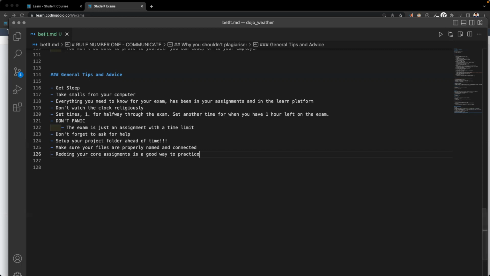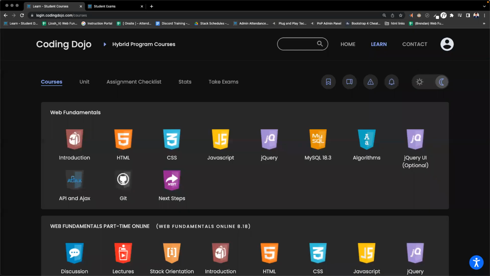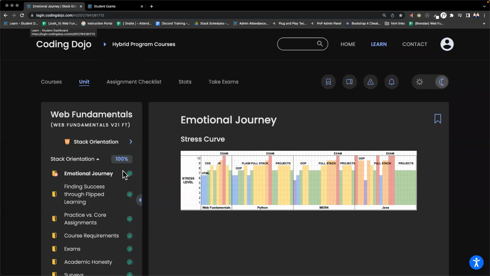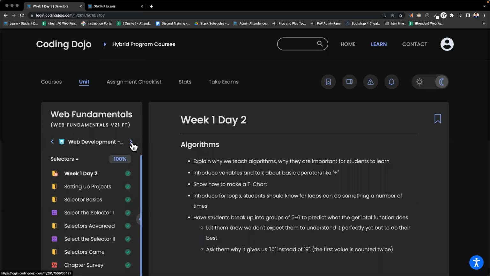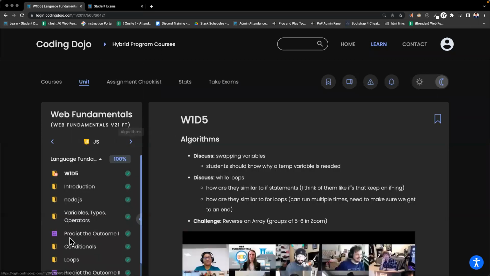Now, with this being said, I want to go over the rules that we already went over, the grading rubric. So let's go ahead and do that now. And before the rubric, there's one small reminder for the exam. Remember that if you want to attempt the exam, you have to complete 90% of the core assignments. Because we only have 7 core assignments, that means you have to complete all the assignments before you attempt the exam. If you are not there yet, it's okay.